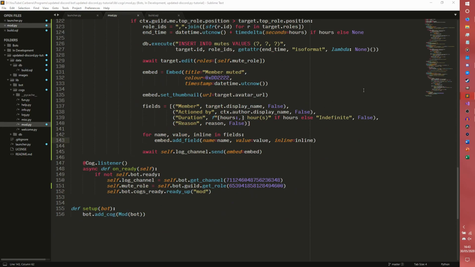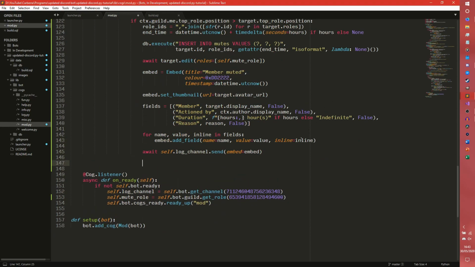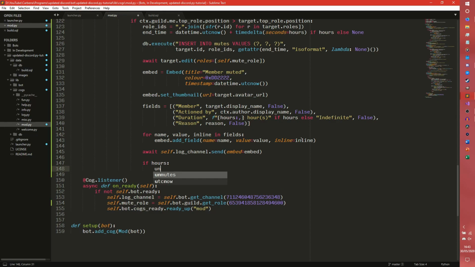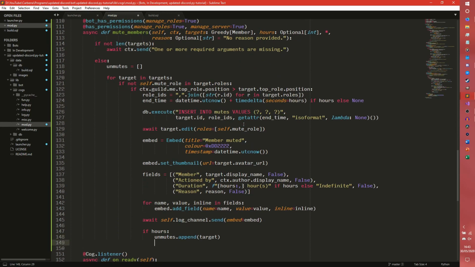And now we need to set the unmute. So if they were successfully muted and nothing went wrong, we need to check if hours is a thing, and if it is, we need to do unmutes.append target. And now we need to do other validations. So the else, that's right. So the else for this